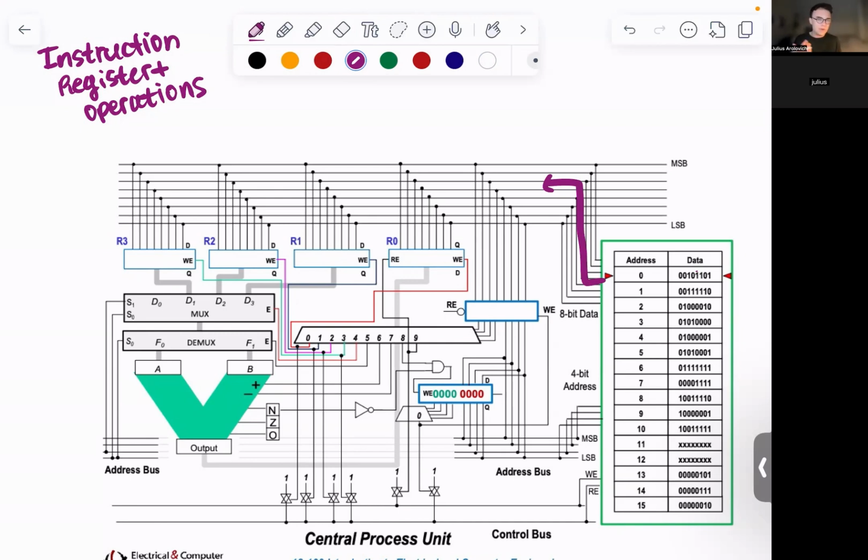All right, so hopefully that will make a little more sense when we trace through it. So let's say that I have an instruction specified by the data in address 0, and that data is 0010 1101. Okay, so what will happen is that data will be loaded into the instruction register. So now here I have 0010 1101. Okay, and so you'll notice something interesting about the instruction register. The instruction register has 4 wires going one way, 4 wires going the other way. Okay, so in order to specify the instructions, we care about the leftmost 4 bits, the leftmost 4 wires here,